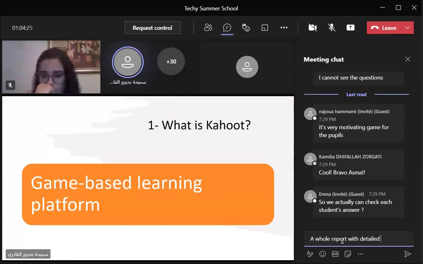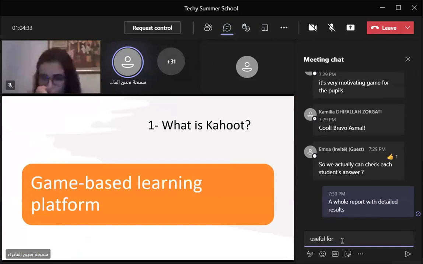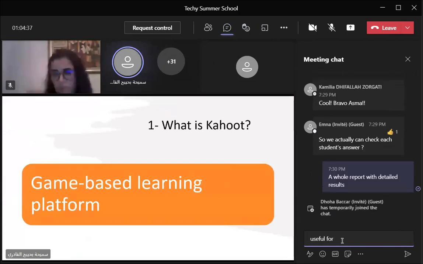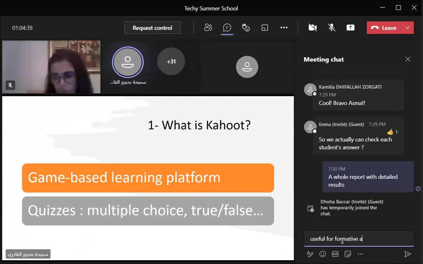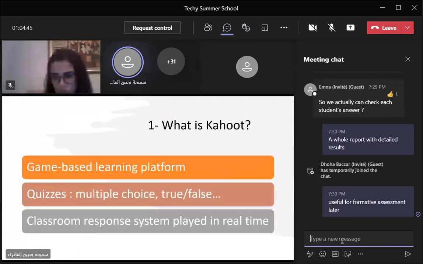It can be used, this one that is already made, with 8th formers in prep schools or even with second education formers and more. Also, it is based on games. Most of the games are quizzes, multiple choice, true or false, puzzles, and more. And throughout the game and at the end of the game, you can find a classroom response system played in real time as if you are in class, in fact.